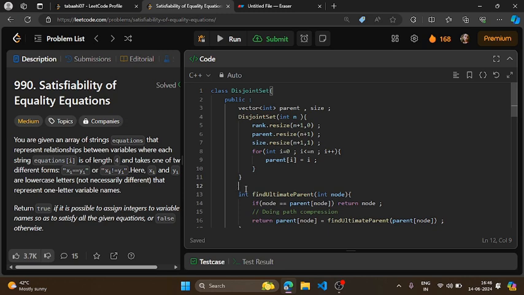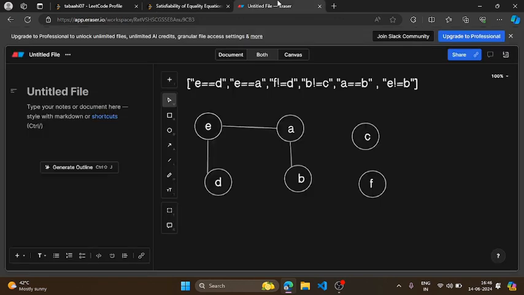Now, what actually is the same parent, not parent, in fact, the ultimate parent, right? So let's see, these are the nodes in this graph. Now let us suppose I'm starting with B. So initially my ultimate parent will be B. Now when I come to A, I will just connect both of them, so the ultimate parent of A will also be B. Now when I come to E, again the ultimate parent of E will also be B, right? So you know the parent of E can be A, but the ultimate parent will be B.